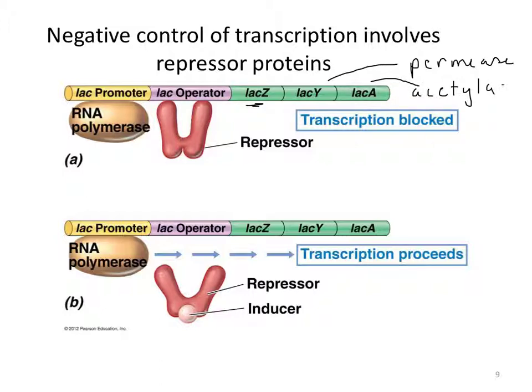enzyme. The role of that enzyme in lactose degradation is not well understood, but we do know that lactose degradation won't happen in its absence. And the LAC-Z, as I said before, is the beta-galactosidase. Those are the structural genes of the lac operon. So the lac operon is regulated similarly to the ARG operon we just looked at, but a little bit differently. In the case of the lac